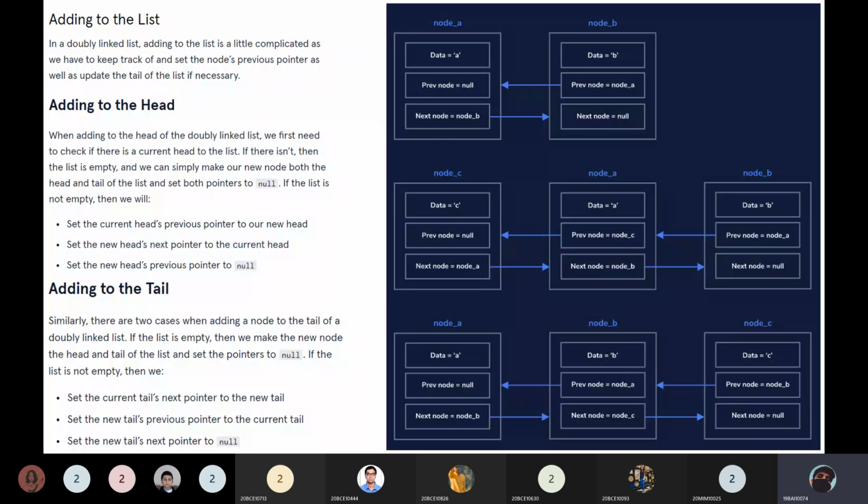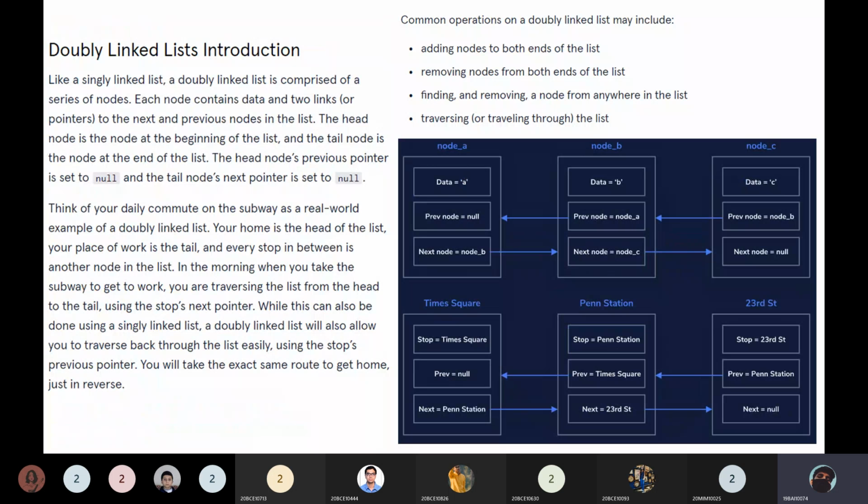Let's talk about the attributes first. Earlier, linked list had two attributes, that is the node itself. So in the node, it had data, and it had the next node attribute, isn't it? Now we also have a previous node attribute. So you can see node A has data, the previous node attribute and also the next node attribute. In linked list, we only had the next node attribute. So this is the first change that we come to over here.